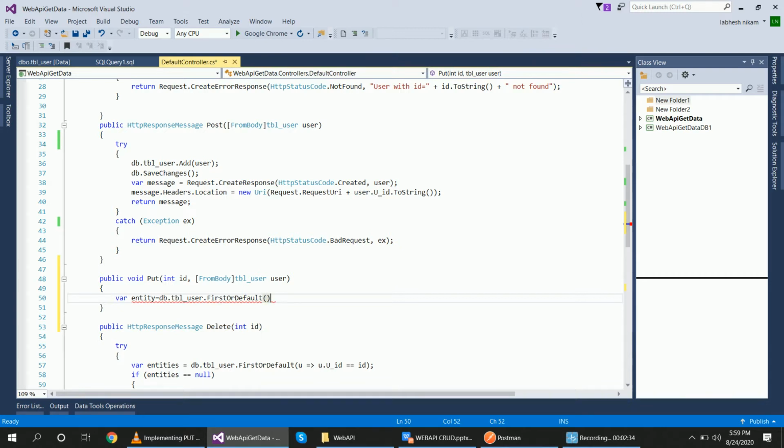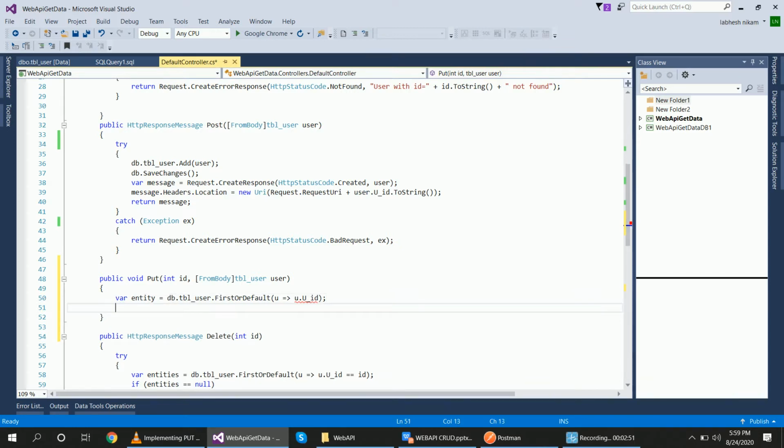Inside of that create a lambda expression. Suppose u dot uid, right? This one. And now we will compare this variable with this object of the table.